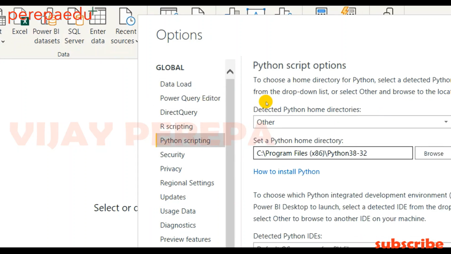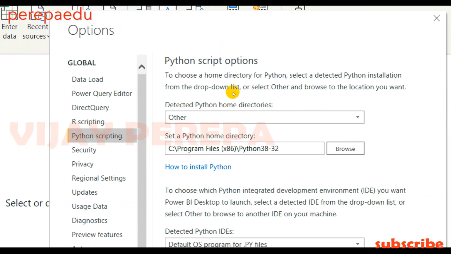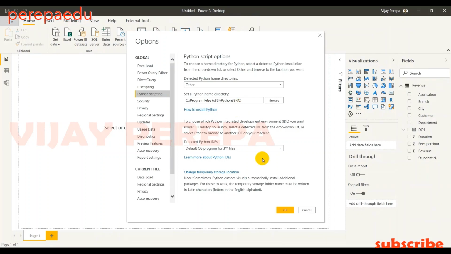And if you select that, set a Python home directory. Most of the time, automatically this directory will be set. If it is not set, you need to select the respective directory where the Python application is installed in the program files. And then you can press OK. We are not talking about the IDEs in this video because it is not relevant for us. We will be discussing it in later videos.